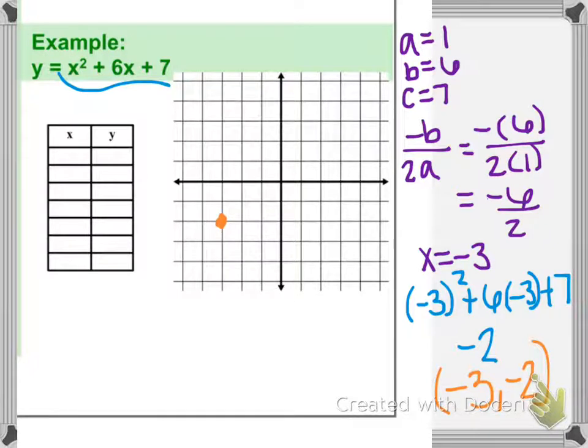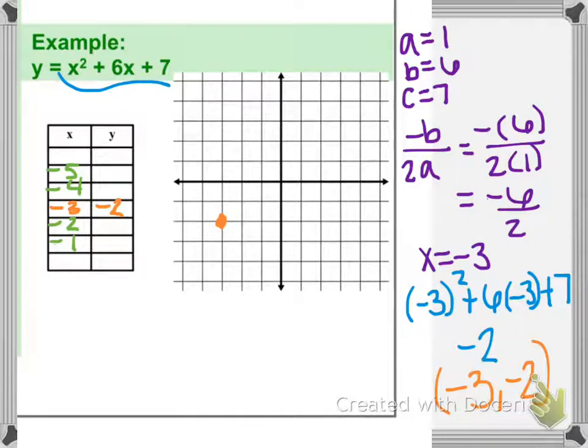If you put it in a chart, you want that in the middle because you need some points on either side of your vertex. So what comes before negative 3? Well, negative 4 does, negative 5 does. And what comes after negative 3? Negative 2 and negative 1. So now you can plug those values in to solve